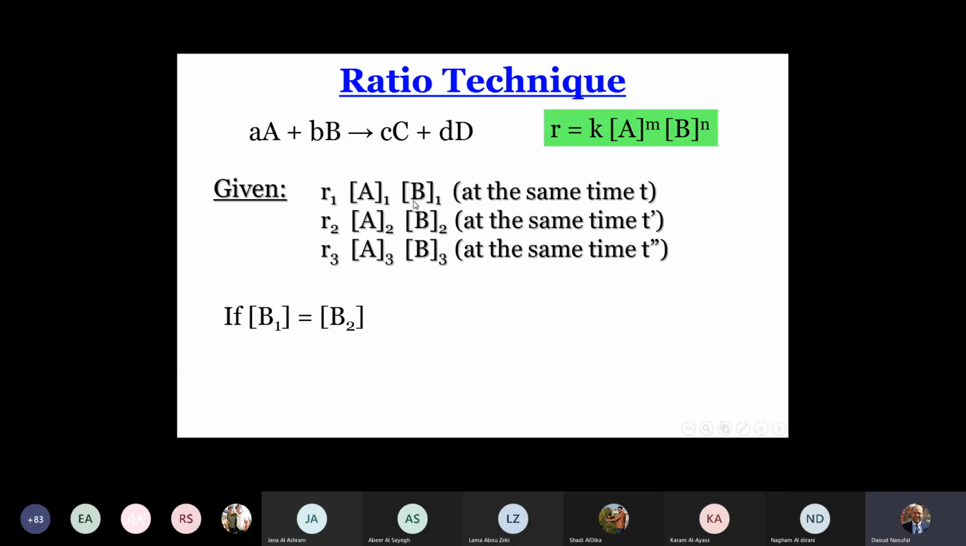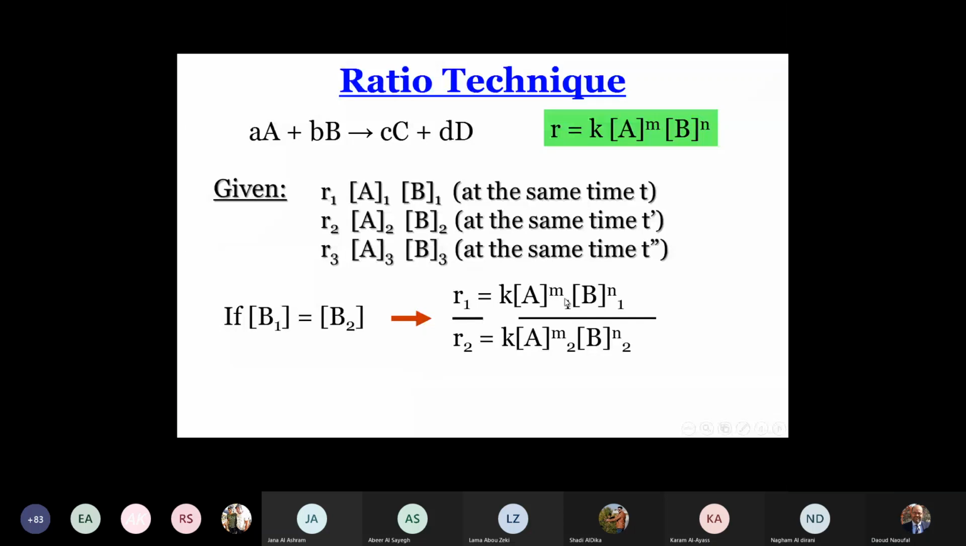Suppose you start initially with B1 equal to B2. In experiment 1, you use initially B1. In experiment 2, you use a concentration of B equal to the concentration of B in experiment 1. So B in experiment 1 is B in experiment 2, but the A concentrations are different. We write the rate law expression. R1 equals